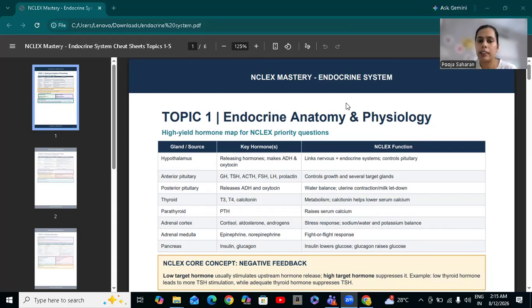Endocrine is one of the systems in adult health that works with hormones. It basically comprises organs and glands that secrete hormones. So the most important thing that we need to keep in mind for our NCLEX exam is hormones. Which gland secretes which hormone? If that gland secretes that hormone in an increased amount, what will happen and what is the basic term for that? And if it is released in a decreased amount, what will happen then? So basically we're going to learn about this.